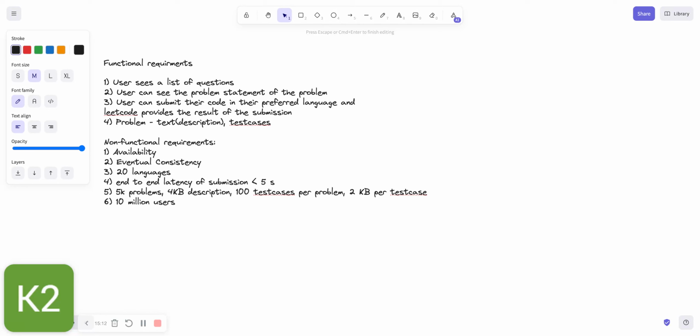I mean, daily active users would definitely not be 10 million, but for the purpose of scale, let's try to scale up to this number. So 10 million users, I mean daily active users, then